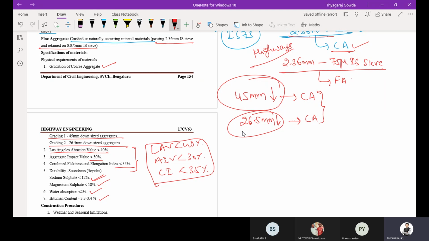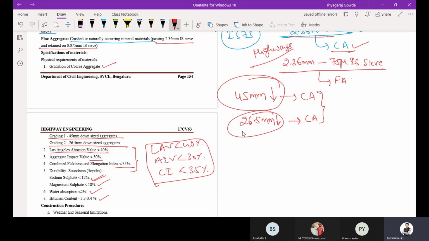So gradation of coarse aggregate, grading 1 and grading 2. Los Angeles abrasion value less than 40%, aggregate impact value less than 30%, combined index less than 35%, durability, that is soundness, when it is sodium sulfate it is less than 12%, when it is magnesium sulfate it is less than 18%.